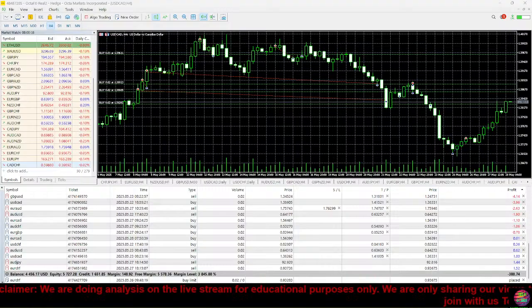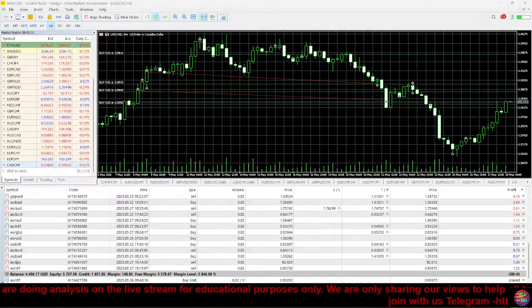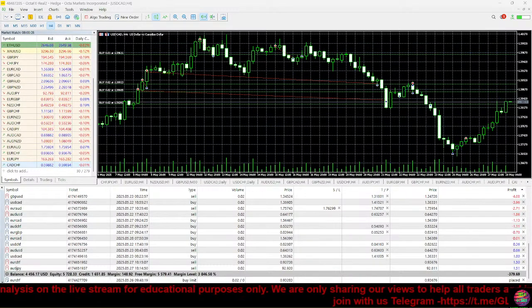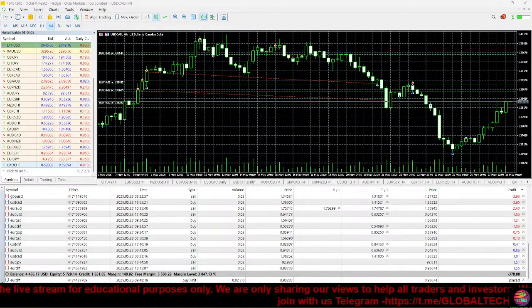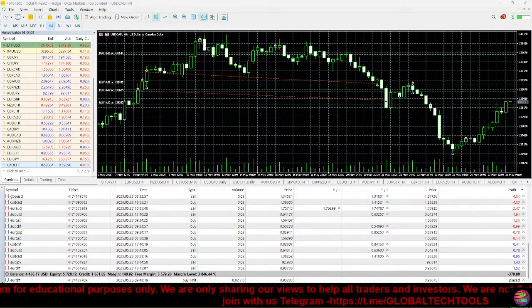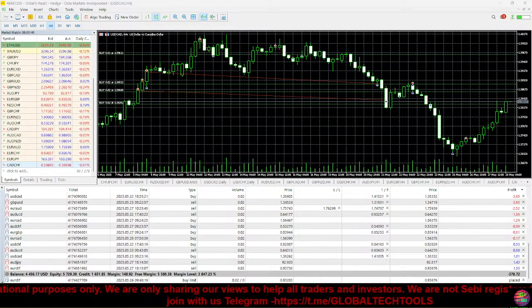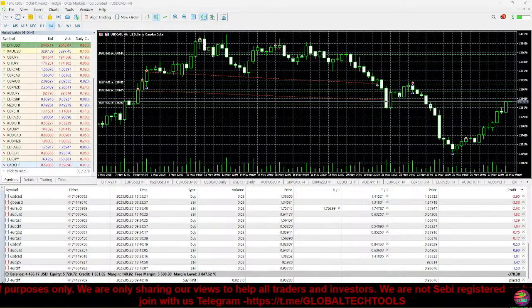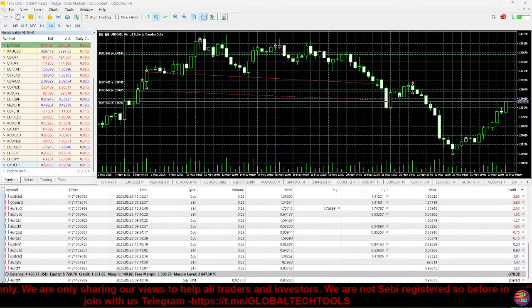EUR/USD. If you were to buy EUR/USD, you are betting that the euro is going to get stronger than the dollar because the euro drives price up. And if you were to sell EUR/USD, you are betting that the dollar will get stronger than the euro. And that is because in the EUR/USD pair, the euro is the base of the currency pair, and the USD is the quote. So basically the euro is what drives the price up, and the USD is what drives the price down.